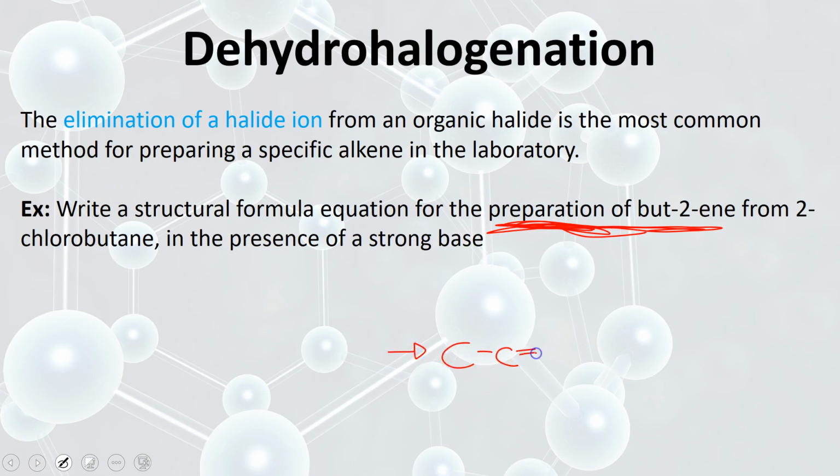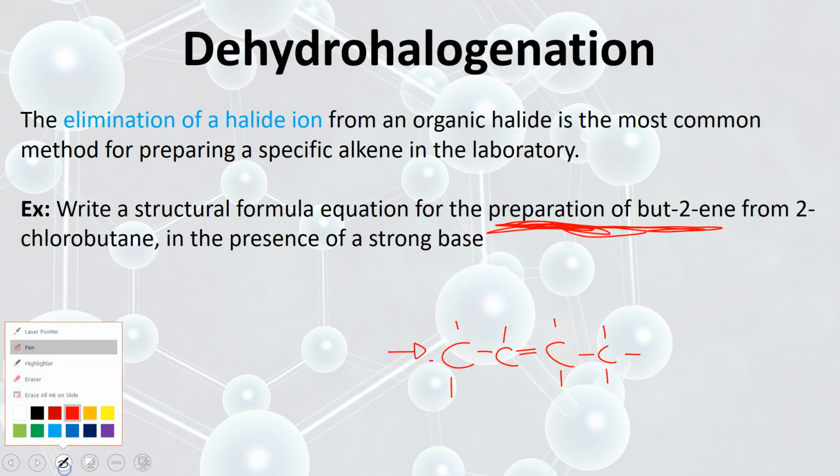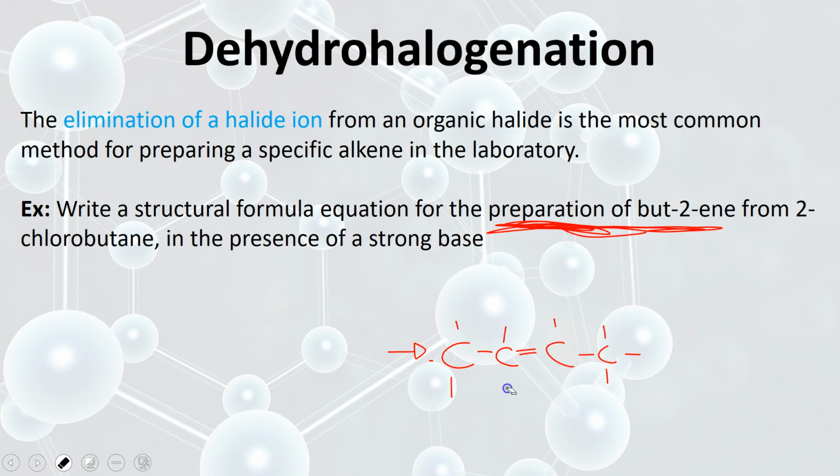On the second carbon, there would be a double bond. And so that's butene. Oh, sorry. What's wrong with what I drew? This one violates the octet rule, right? So this would be butene